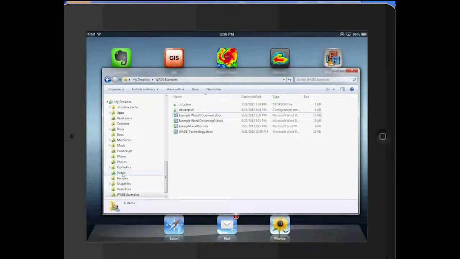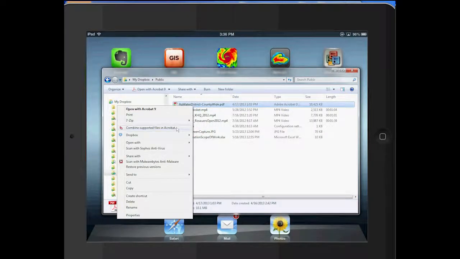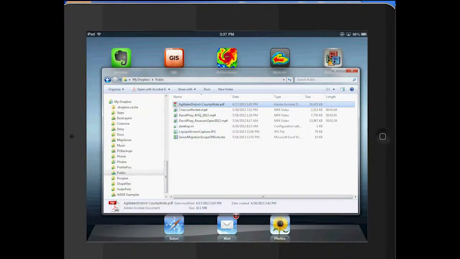Here we have a public folder, and I believe in the newer versions you won't have a public folder if it's the first install. This has been installed for quite a long time. But you can right click on one of these files, go to the contextual Dropbox menu and copy public link. So if you send an email and you can't send a 20 megabyte file or a 50 megabyte file or a 100 megabyte file, it's too big for the email, you can put it into your Dropbox folder, copy this public link, and in an email